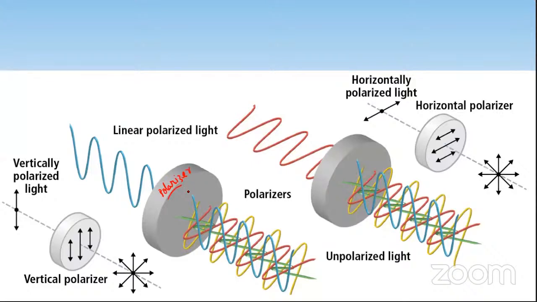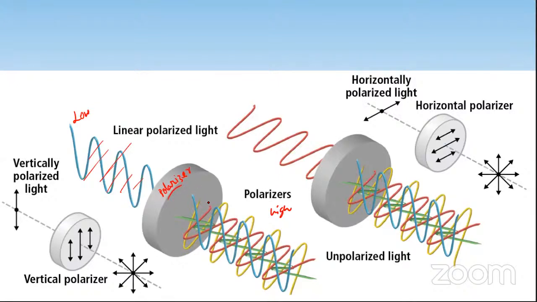This polarizer will allow light only in one plane. See, it's allowing light only in one direction. Only in one plane it's oscillating. This is a plane it is oscillating, right? If you notice, there are lots of high intensity waves here, but here there's only one wave. So this will have low intensity, and this will have high intensity. And this is called a polarizer.